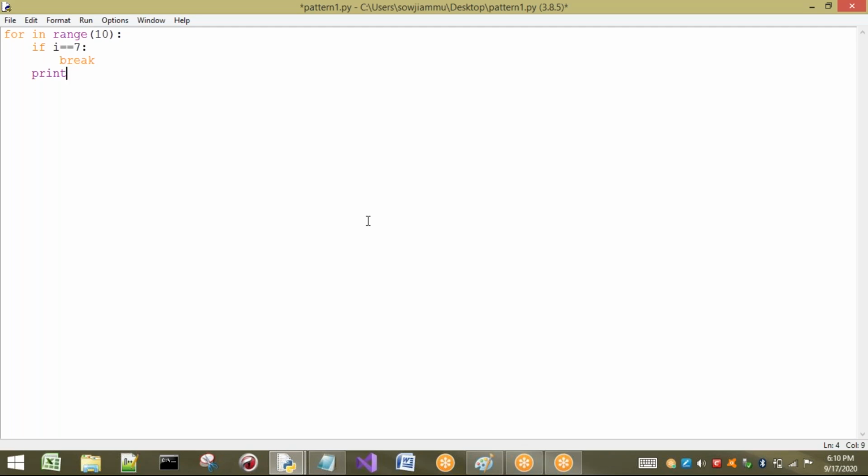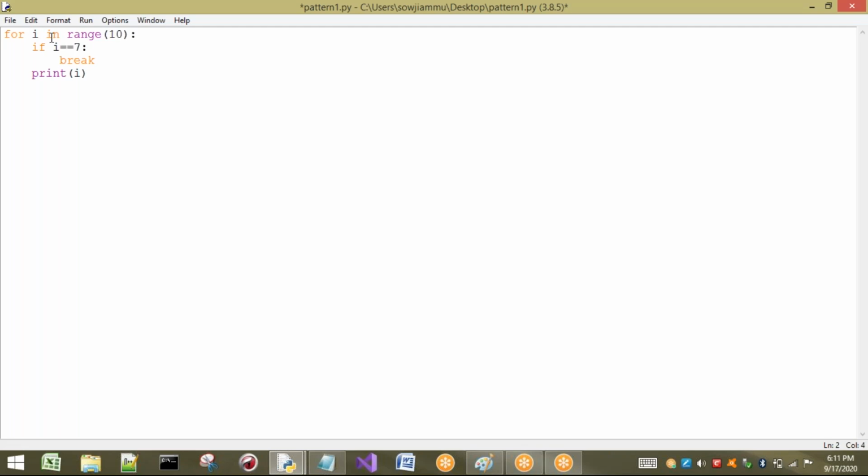Okay, I will just print i here, for example. Now you have to understand this one. So for i in range of 10, how many times is it going to execute? This loop is going to execute from 0 to 9, because up to 10, the values are from 0 to 9. We will come inside here. First time, sorry, here I have to write. Now see, what is the i value initially?